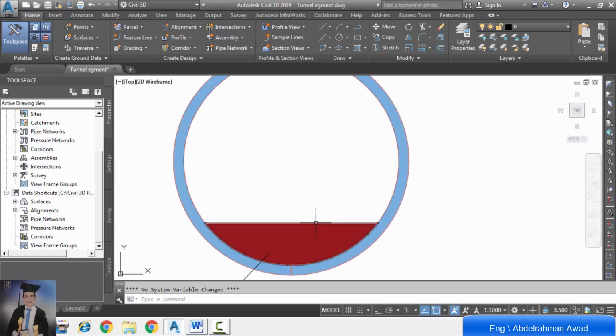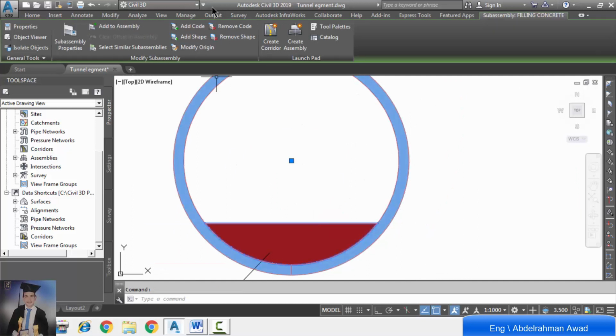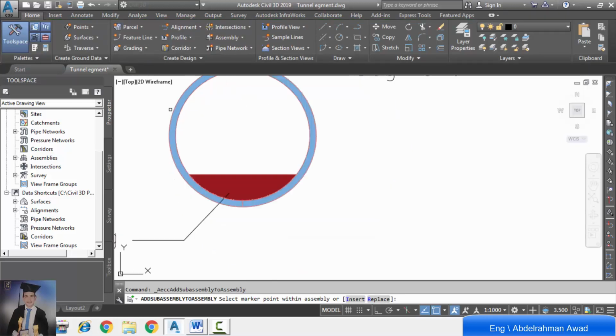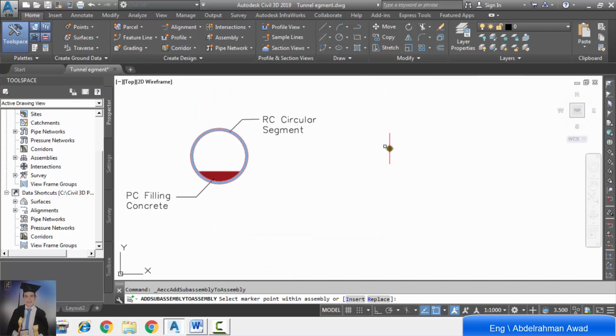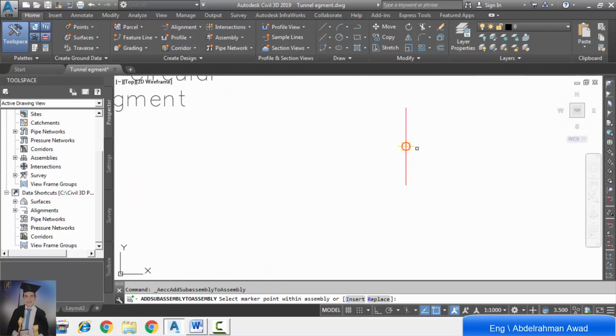We'll start with filling concrete. We click add to assembly, and we will click on any point on the main assembly, especially this point. We will click on this point.